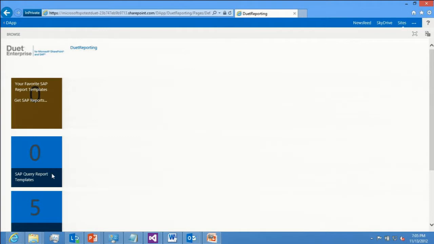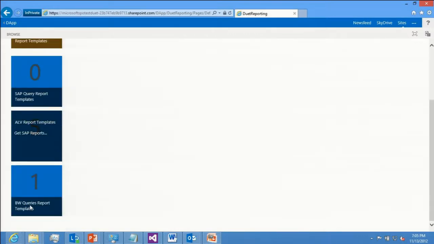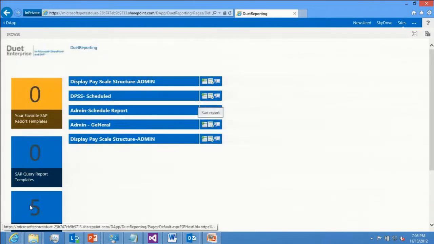templates, and here you can see that we have 5 templates of SAP's different kinds of reports. If this was a full-fledged SAP system, you would see BI reports, ELV reports. In this case, we've configured 5 ELV reports. So he clicks on that, and he sees the 5 reports that have been set up in the system. And then he can run a report. And when he does that, he gets